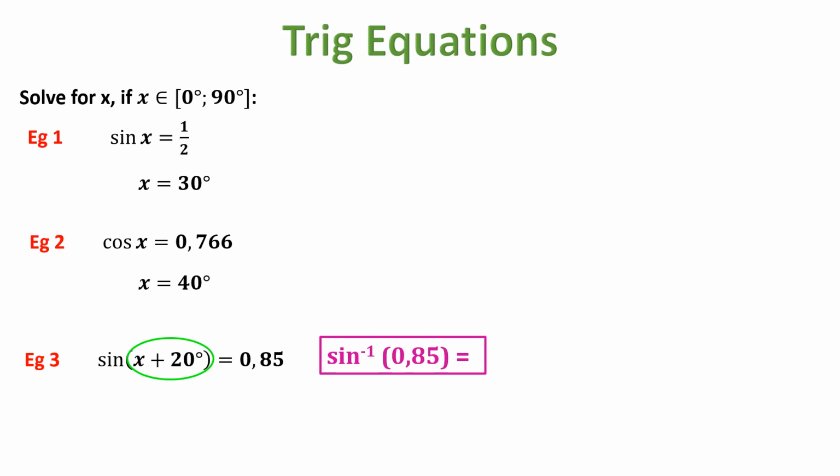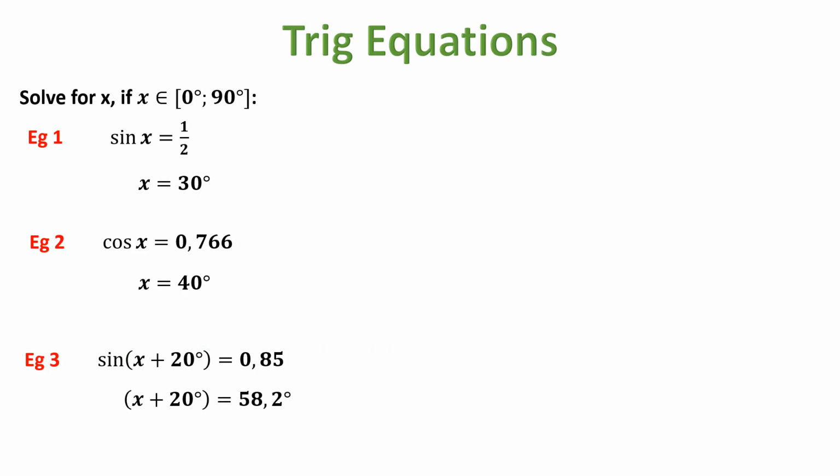So if I go Shift Sine 0,85, I'm going to end up with 58,2 degrees. But this is the answer for x plus 20 degrees. And I still need to get x on its own. So we take 20 degrees over to the other side and we end up with 38,2 degrees,